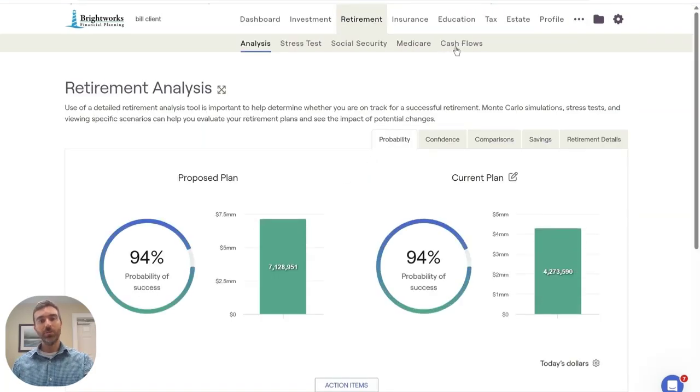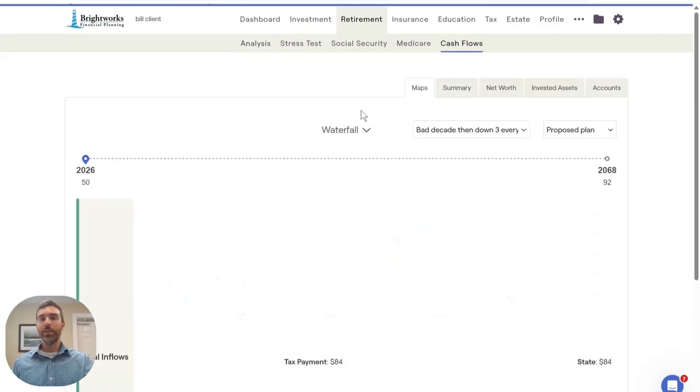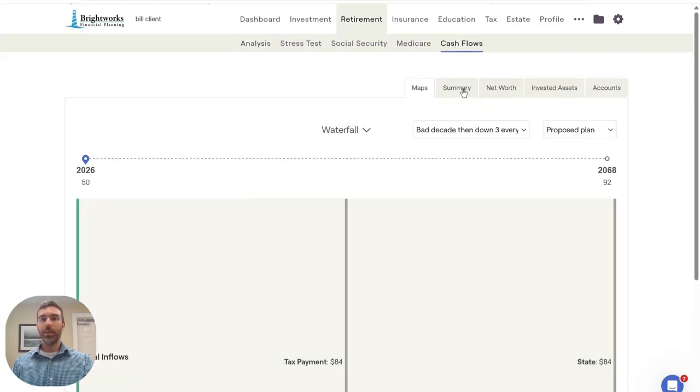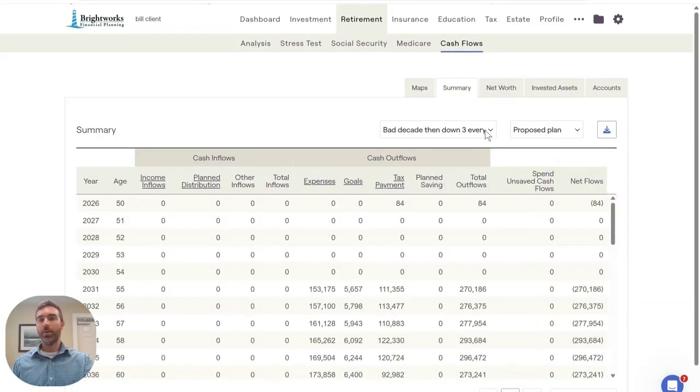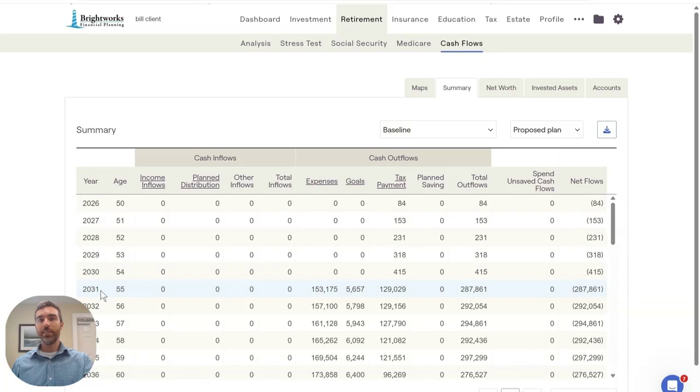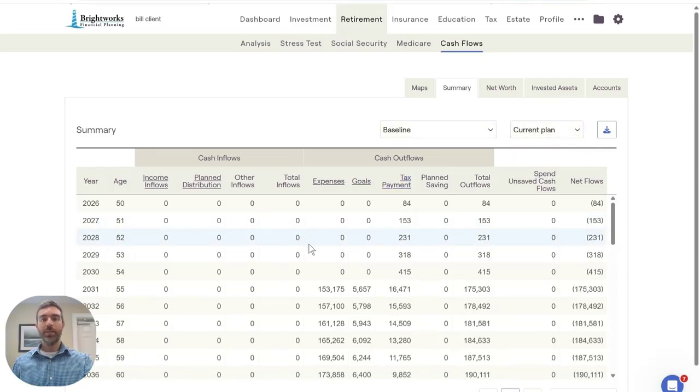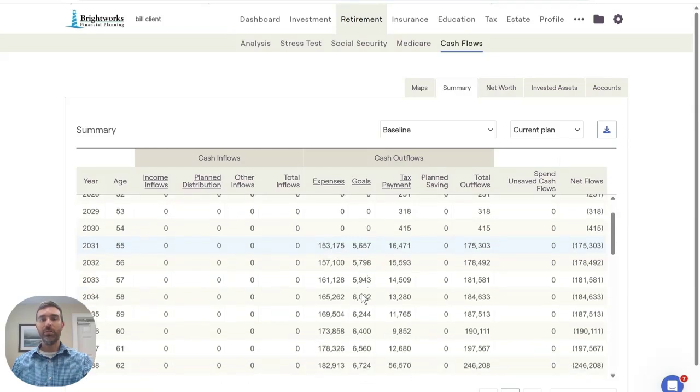Now, here's where it gets interesting. I'm going to take you into the details of this plan. What I'm going to show you first is age 55. So you're seeing this is year 2031. Before we talk about conversions, I'm just going to talk about the expense piece. So again, we're looking at our all-in expenses, $153,000. We have a goal of $5,000. That's going to inflate,